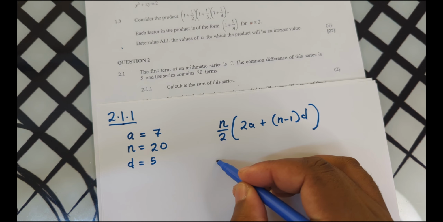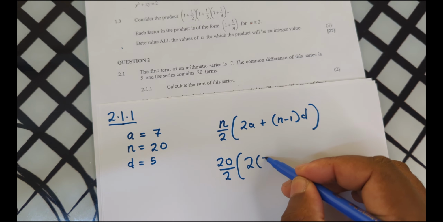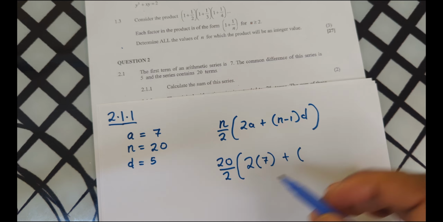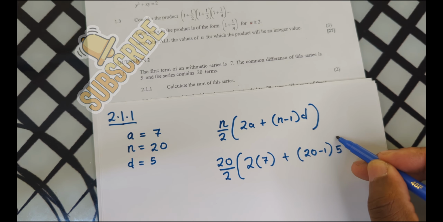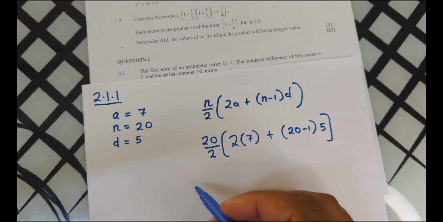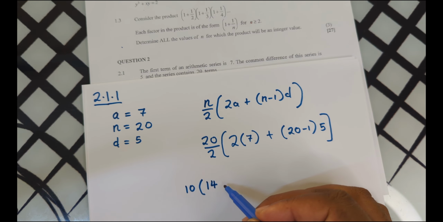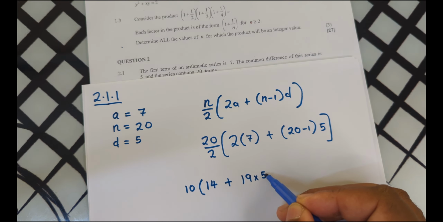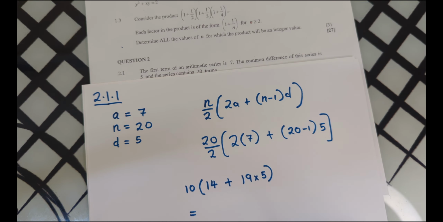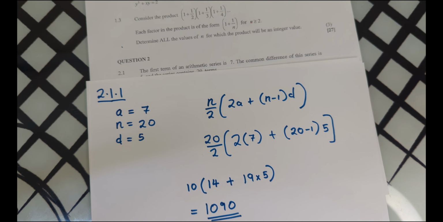And in this case, our n is 20, so it's going to be 20 divided by 2, open bracket, 2 multiplied by a, which is 7, plus n minus 1, our n is 20, so 20 minus 1, multiplied by d, which is 5, and then it simplifies to 20 divided by 2, that's 10, multiplied by 7 times 2, that's 14, plus 20 minus 1, that's 19, 19 being multiplied by 5, which simplifies to 1090. So that's it for question